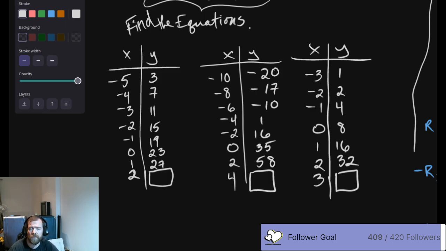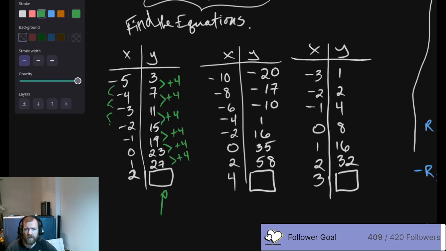I remember looking at all of these, and I could figure out the pattern of the first one, right? No problem at all. Okay, this is going to be over here. We're just adding 4 every time. I sure hope I did that right. It'd be terribly embarrassing. And then over here on the left, we're just consistently adding 1 every time. So if we're adding 1 every time on the left-hand side, and on the right-hand side we're adding 4, then this last one should be 31. Alright, no problem. Good.